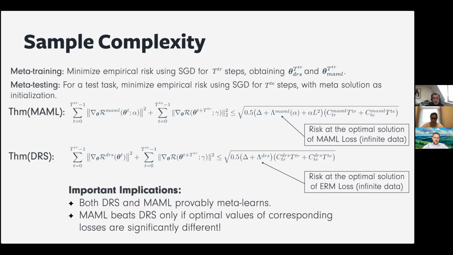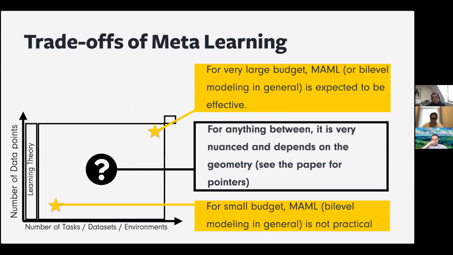But of course, at this point, you can actually, as a practitioner, take these numbers and try to compare them. Unfortunately, that's not easy because these constants are things which you cannot really compute. They require lots of geometric information, such as the curvature of the space. But at least I believe it's a good starting point for future algorithm development as well as for practical understanding.